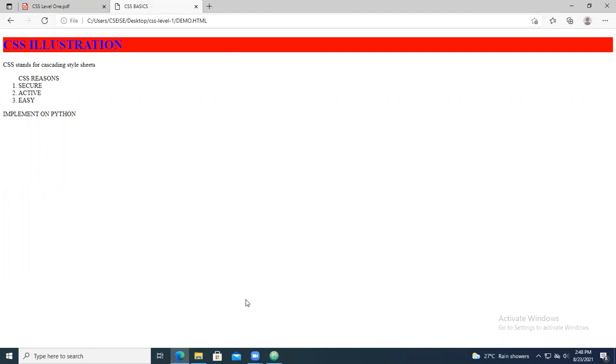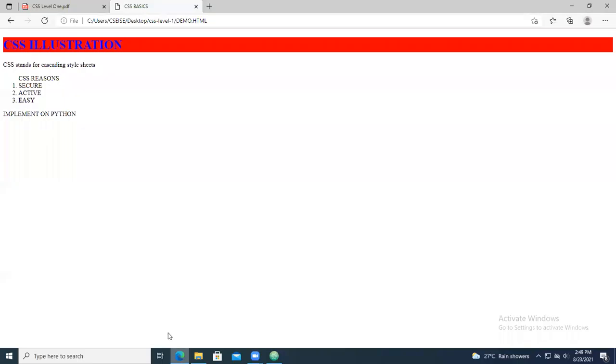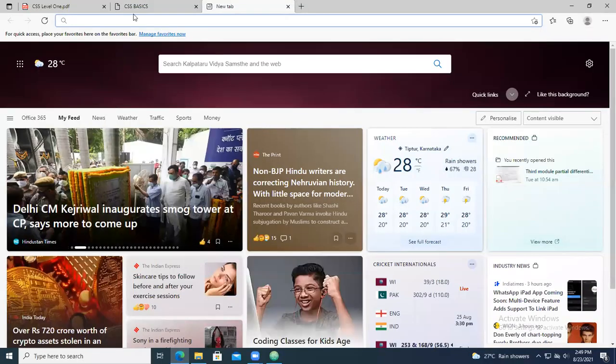Okay, so apart from that, you can have different formats of the color. The first one is the RGB format. So in place of background color, you can have RGB format. So what is this RGB going to do? RGB is the color format which stands for red, green, and blue. Okay. So inside this RGB, how to choose? For that, go to the particular net.